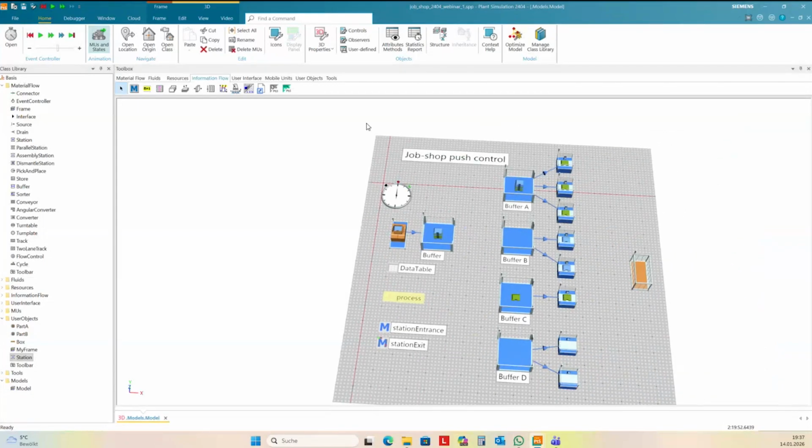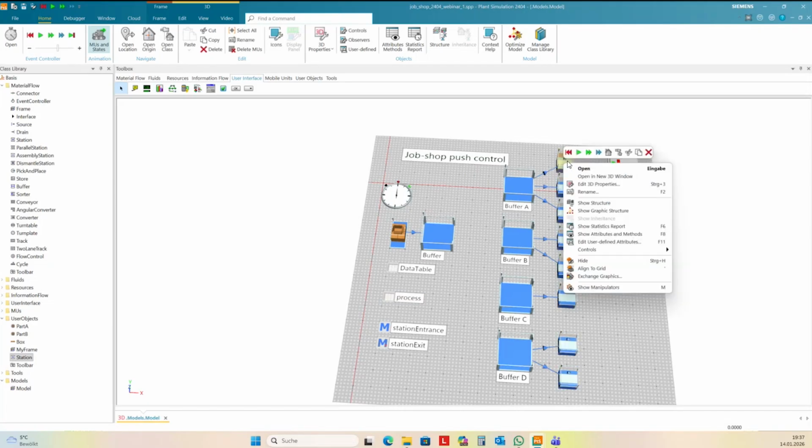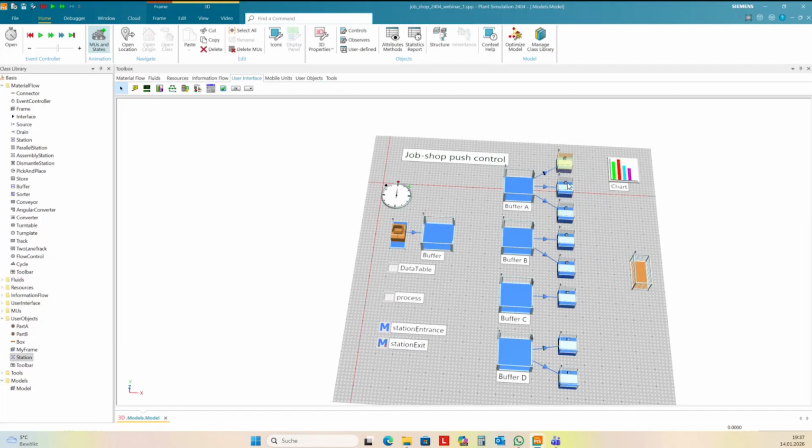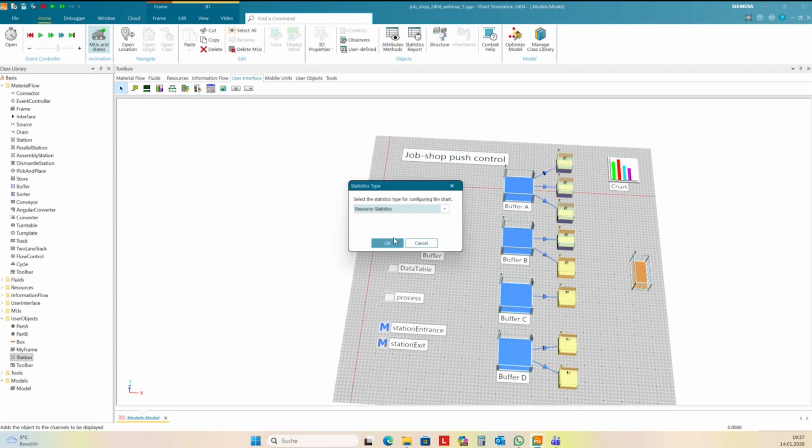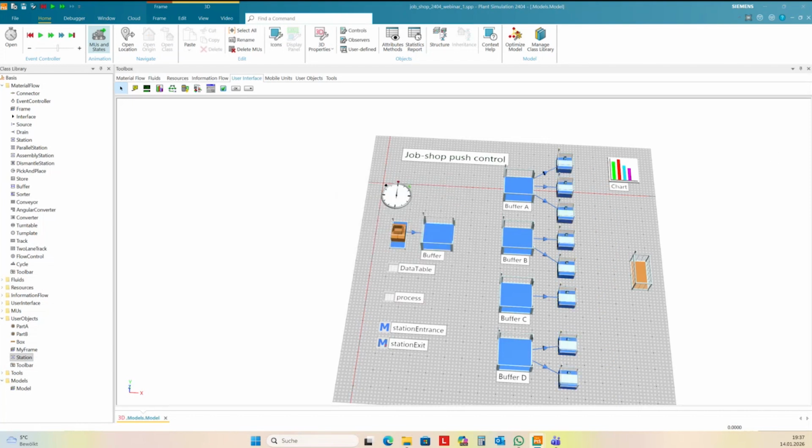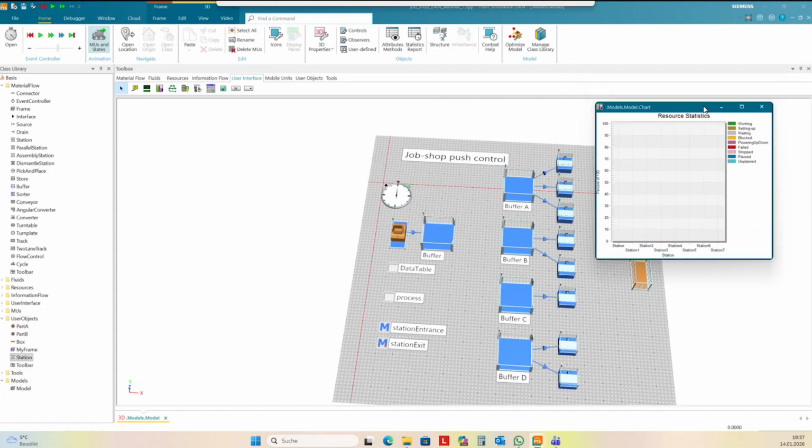And now you can create a chart. I take this chart. Then I mark all the stations here, and track it on the chart for the resource statistics, and let it run for a while.